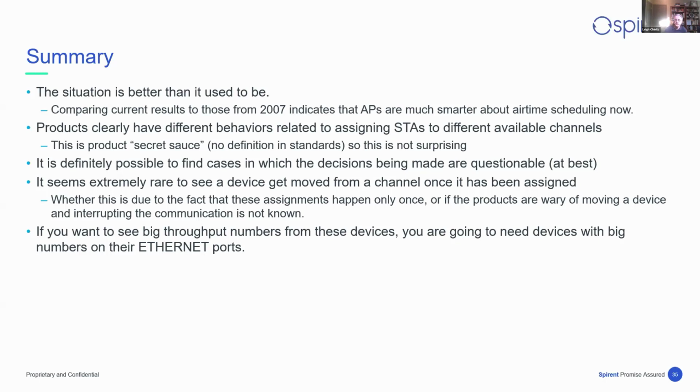And then a final point, Tim made this as well. These days, with the kinds of link rates we're seeing and the number of devices appearing on these APs, given how many devices are going wireless and what people are doing on them, it's actually fairly important to have a high capacity Ethernet port. So something more than 1 gigabit per second. You saw today a number of times that we were able to see over 1 gigabit per second. And this is the kind of thing that's going to be more and more common even in the consumer setting.